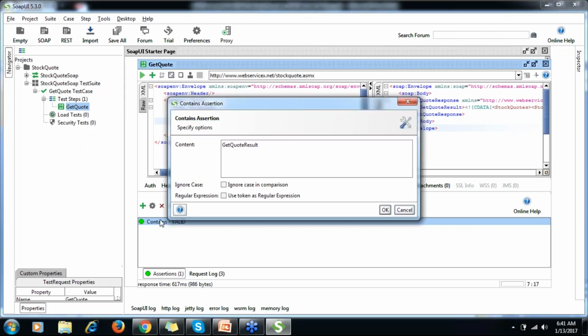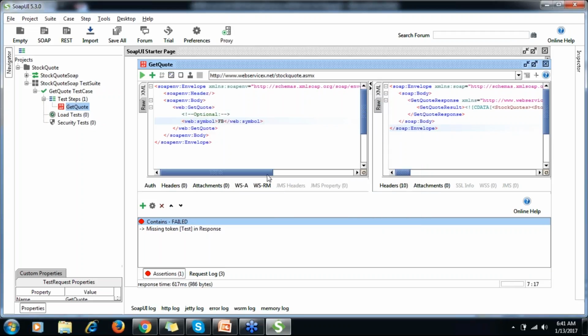So suppose here I say test, okay, it is not there in my response, I know. So if I add this assertion, it will fail, and if I run here, it will fail because it doesn't match the response.